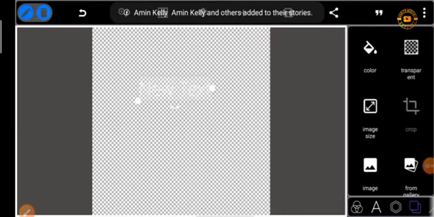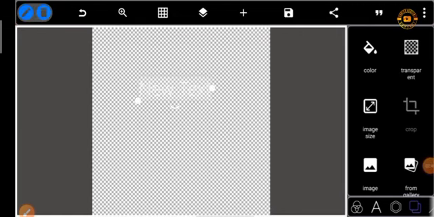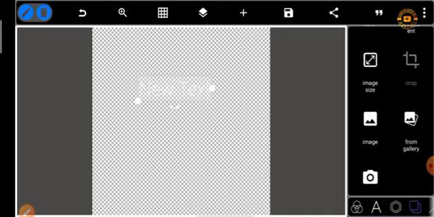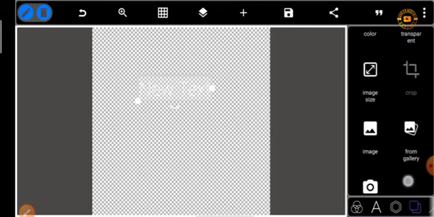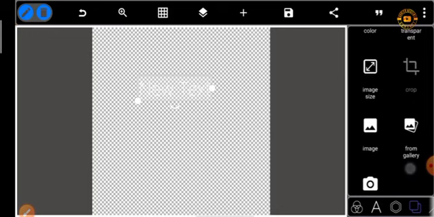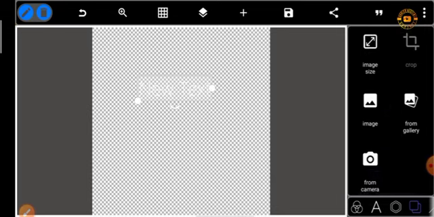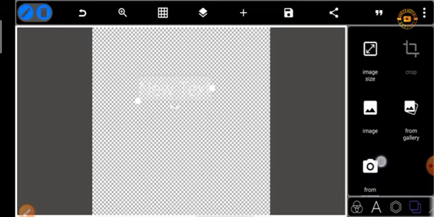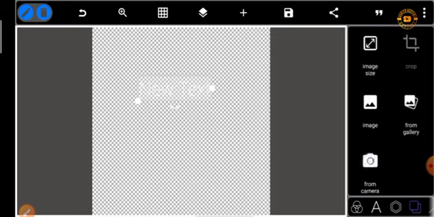You may also want to import an image and use as a background. In that case, you click on from gallery. When you click there, it takes you to your gallery, and you can select whatever image you want to use for your background. Again, you may also want to snap directly and use. In that case, you are going to select this camera icon,